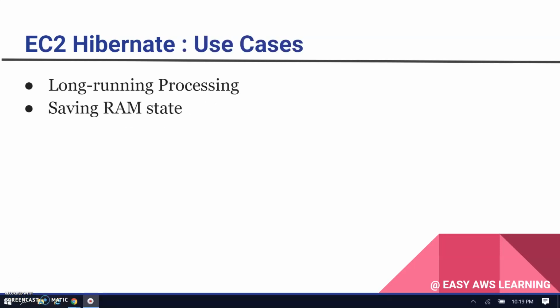Hibernate is best used for very long running processes, saving your RAM state.